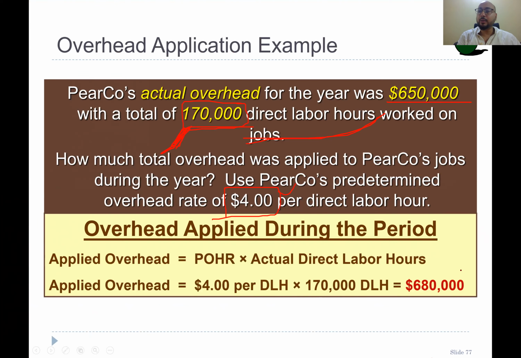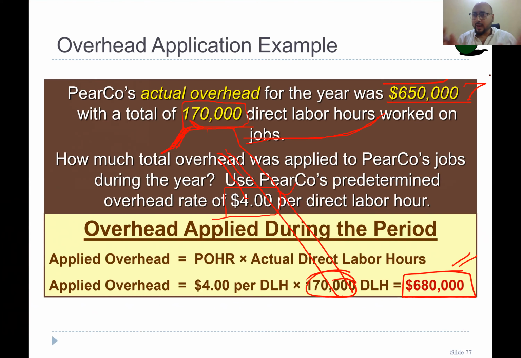So on the basis of 170,000 labor hours, we estimated our cost would be 680,000. But we actually incurred